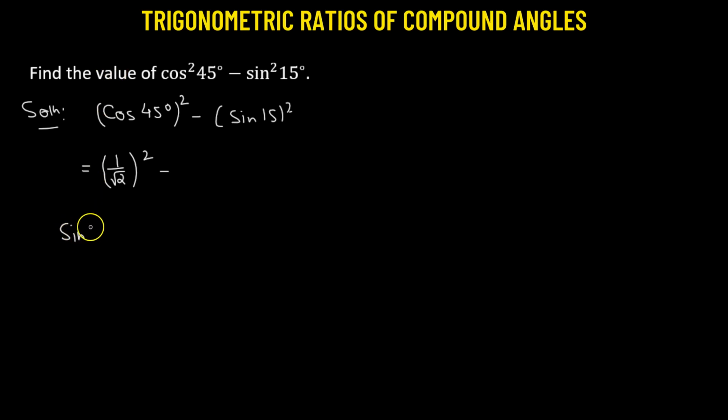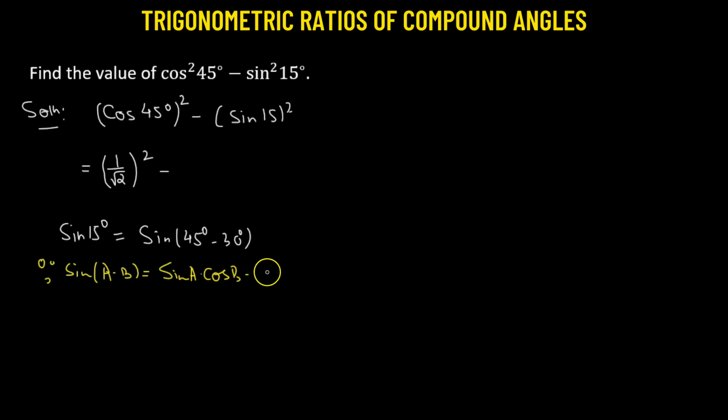There's no standard trigonometric value for sine 15 degree, but what we can do, we can rewrite 15 degree as 45 degrees minus 30 degrees. And we apply the formula sine A minus B, which is equivalent to sine A times cosine B minus cosine A times sine B. So if we suppose that A is equivalent to angle 45 degree and B is equivalent to 30 degree, then sine 15 degree is going to have a value sine 45 degree times cosine 30 degree minus cosine 45 degree